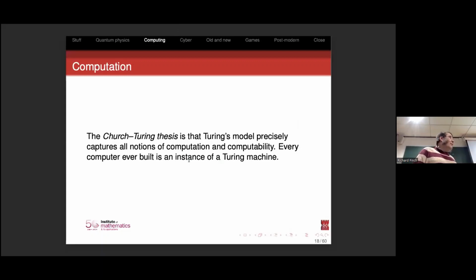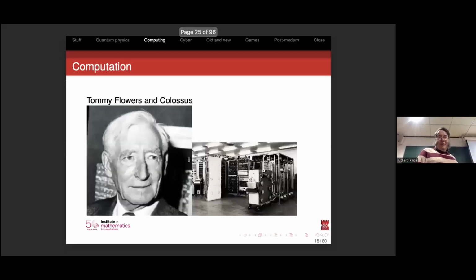So it's extremely plausible that this is the right way to think about computability. No one has ever thought of something that computes things differently to a Turing machine. And in particular, so here, moving from theory to practice, Tommy Flowers, the great unsung hero of Bletchley